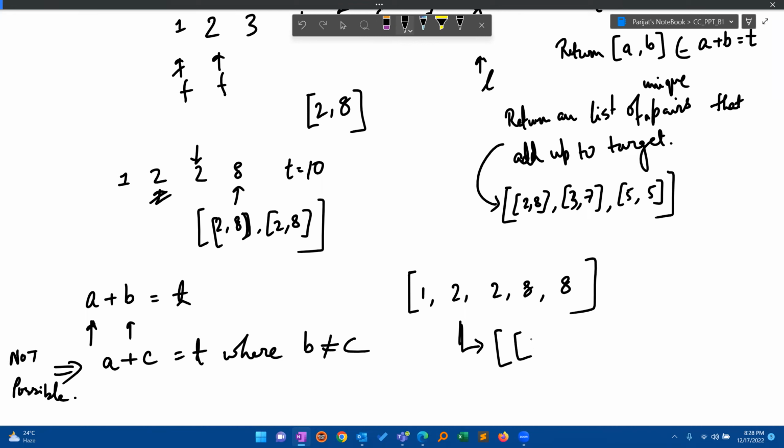If you move both the pointers, what will be the answer here? 2 8 and same again 2 8. Right, so again the answer is not correct. So this is not solving the problem completely, that moving the first pointer by one place, the last pointer by one place, it is not solving the issue completely. So now what we can do,